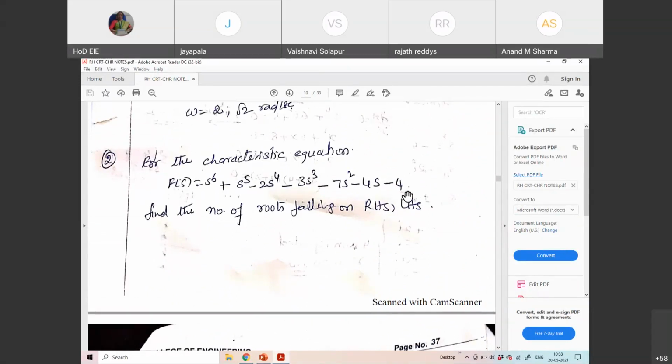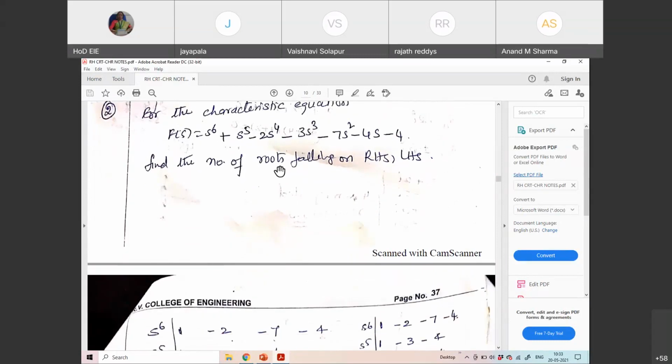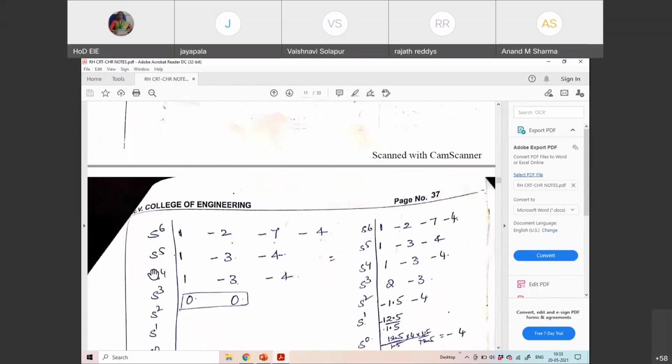The necessary condition says that the coefficients are not all of the same sign, positive and negative, so the system should be unstable. Let us find out, because it is asked to find out using the RH criteria. Find the root array. Then you can find that there is a row of all zeros, because all the elements of this row are zeros. So because it has all zero elements, you have to find the auxiliary equation.